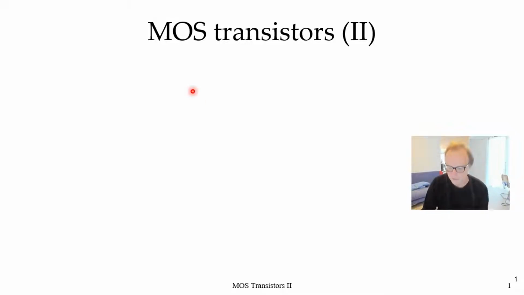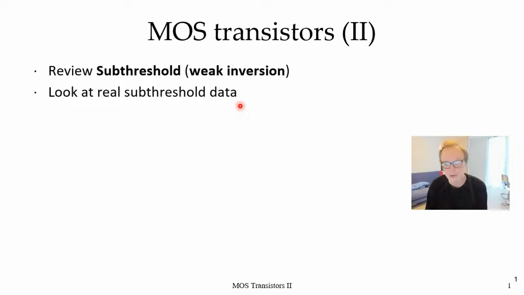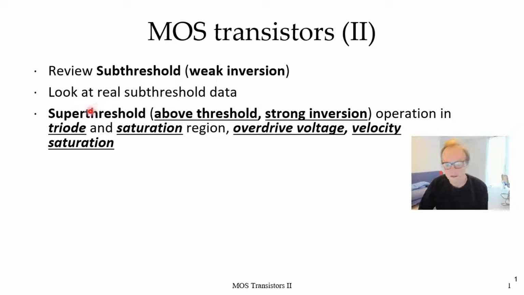Okay, hello everybody. Welcome back to the third lecture of Neuromorphic Engineering 2, which is going to be about MOS transistors 2 above threshold. But first I'm going to review subthreshold or weak inversion operation of the transistor. Then we'll look at some real subthreshold data, at least from the previous 1.6 micron technology chip. And then we're going to spend a long time considering superthreshold, also called above threshold or strong inversion operation in